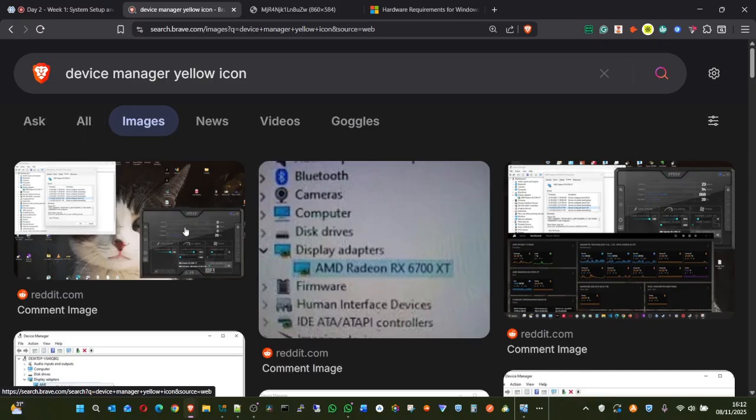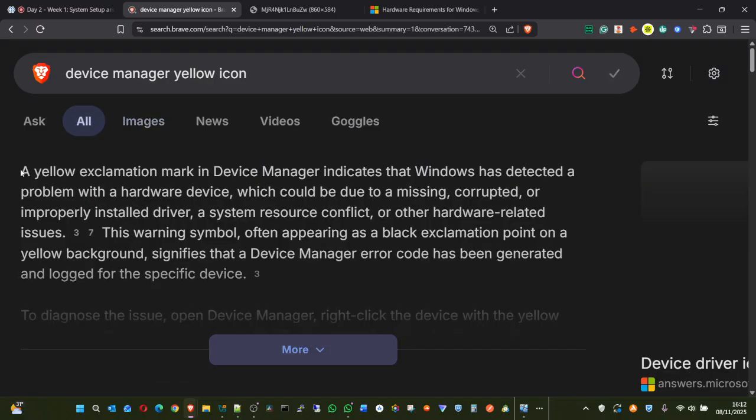You can see what it's even saying right here. A yellow exclamation mark in Device Manager indicates that Windows has detected a problem with a hardware device, which could be missing, corrupted, or an improperly installed driver, a system resource conflict, or other hardware related issue.